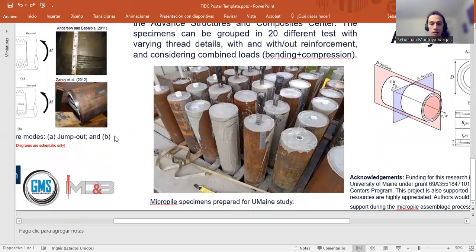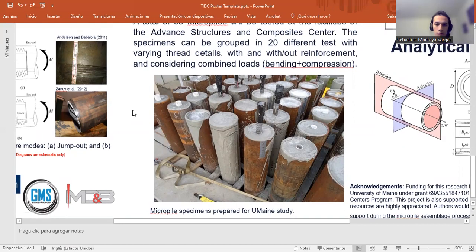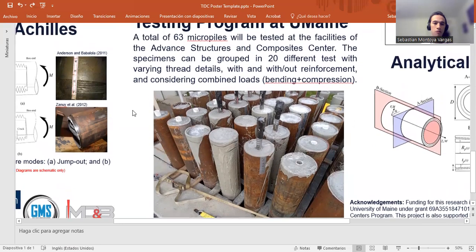Our piles look like this right now. We already went through the process of threading together the pieces, trying to reflect the conditions of installation in the field. We fill them with grout, and some of them with installed rebars. We are going to do 63 different tests,